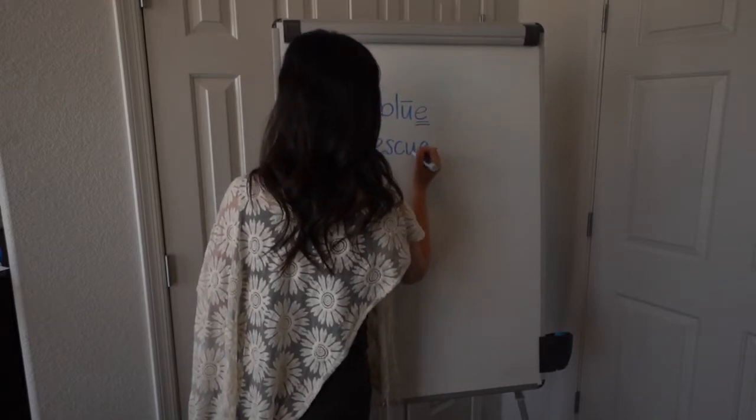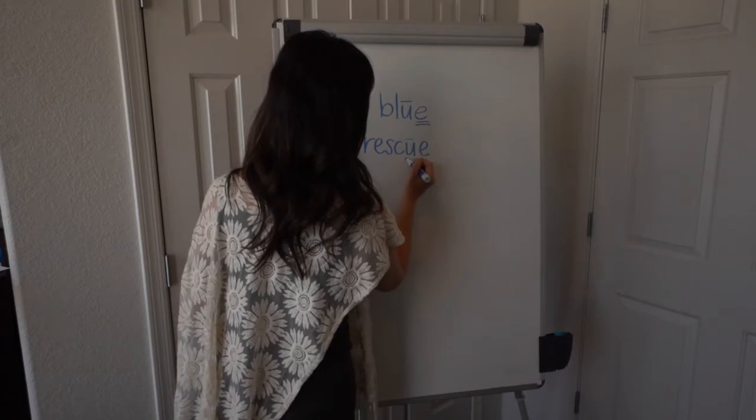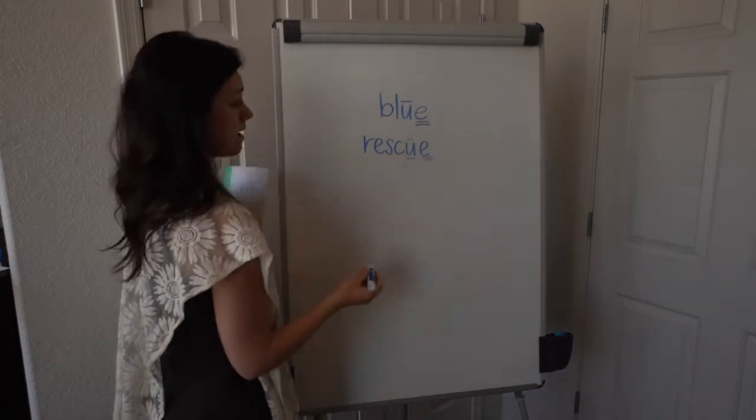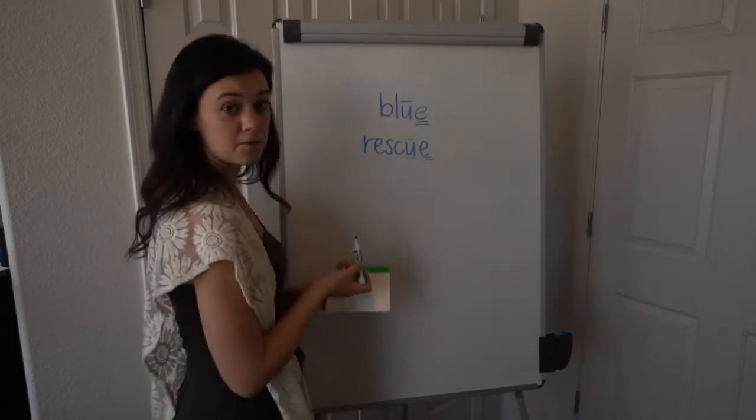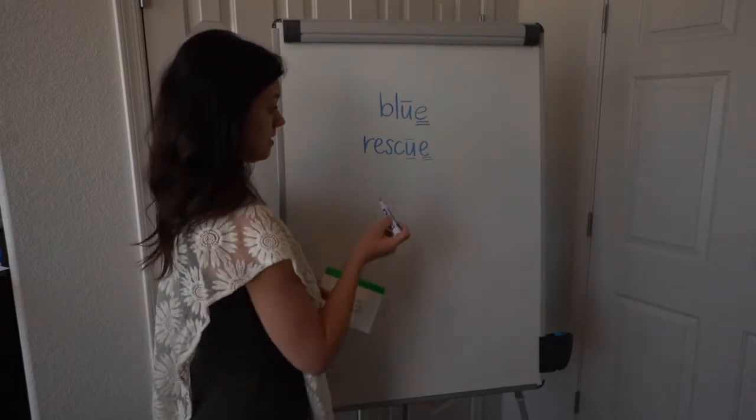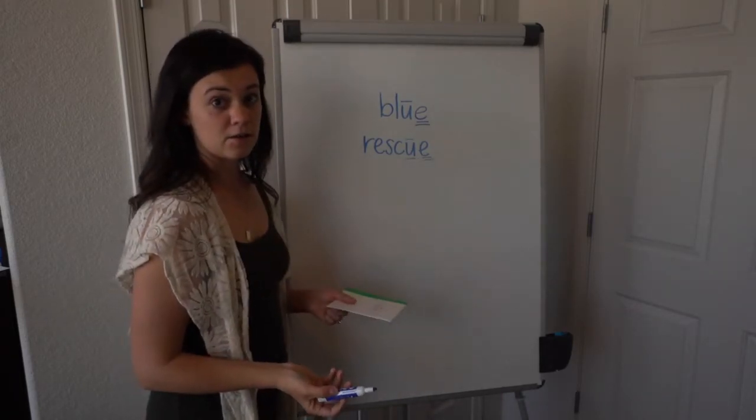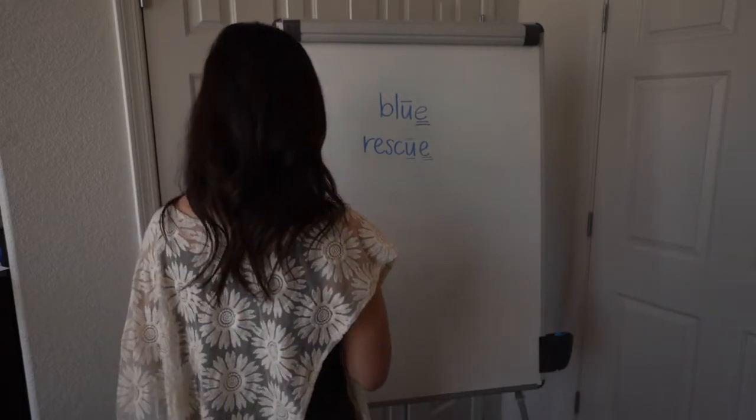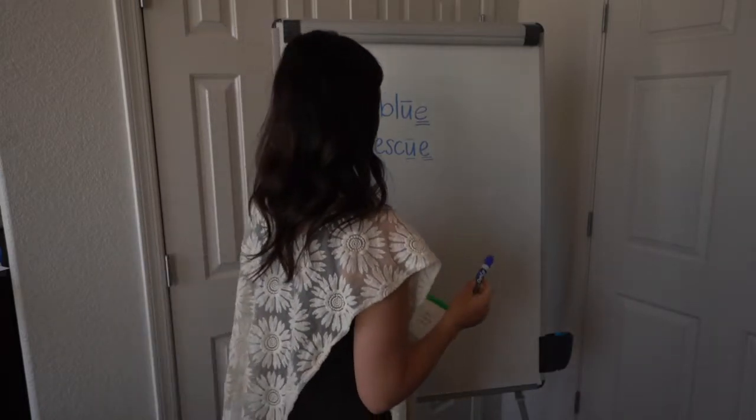And again, this one would also kind of have two reasons why we would add that E. It's first of all making that U say its long sound, and we don't want our word to end in U. Okay? So that's our first rule that we're going to explore today. The next rule I'd like you to learn